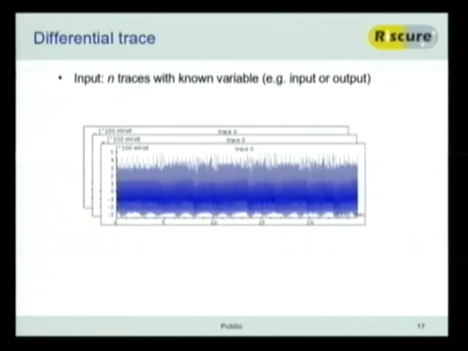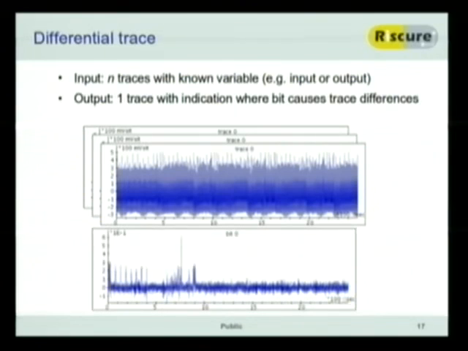on the power. So the input for differential trace is just n traces with some known variable. It can be input, output, anything else, but you have to know it. And the output is a trace like this. Now this actually is the thing that I ran on the DES again. And what you see here is the first bit of input to the DES algorithm. So that will correlate here during the initial permutation where the bit hasn't been changed yet, but it's just being shifted around. And then later on it will correlate in the S boxes, and the correlation actually goes down, because that's what a crypto algorithm does. It decorrelates the input from the output.